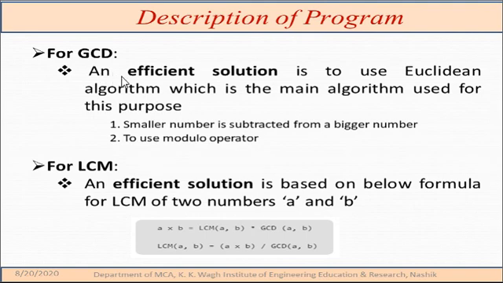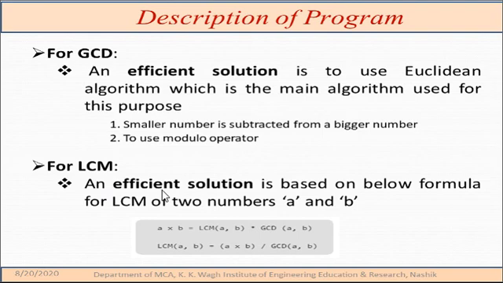The solution for implementing the GCD, we use the Euclidean algorithm. For implementing the Euclidean algorithm for calculating the GCD, we can do it in two ways. Either you can implement the concept of subtracting the smaller number from the bigger number, or you can use the modulo operator and calculate the GCD. Most people use the modulo operator while implementing the GCD, and in my program also I have used the modulo operator only.